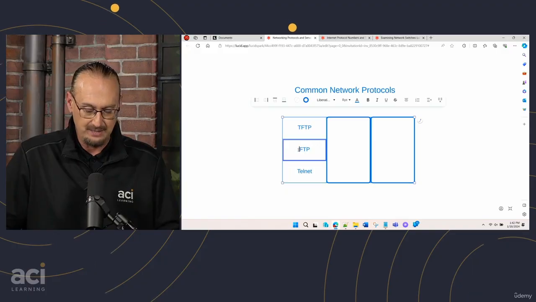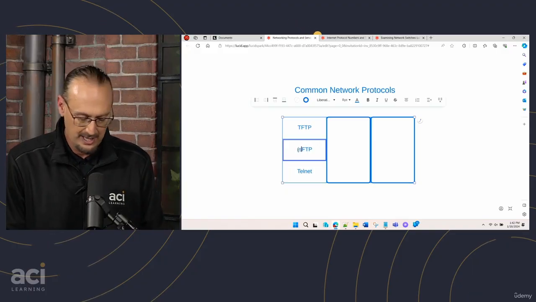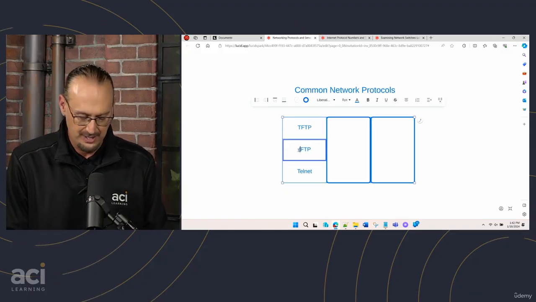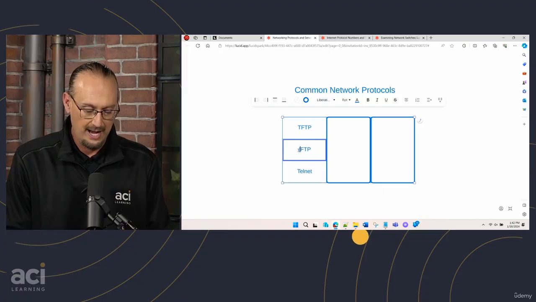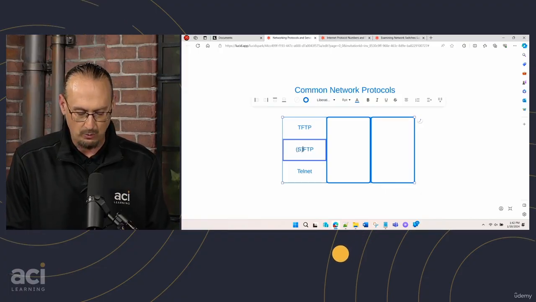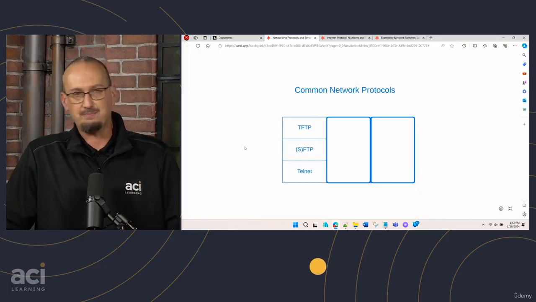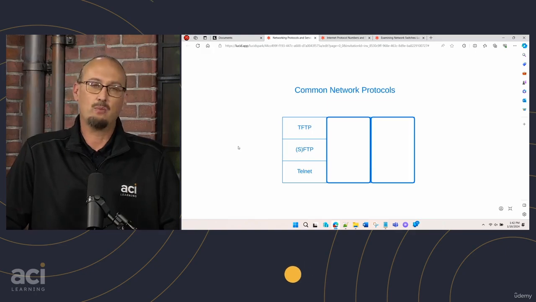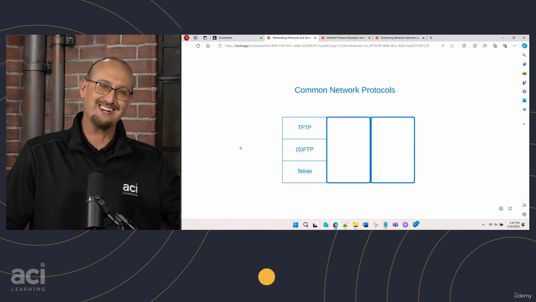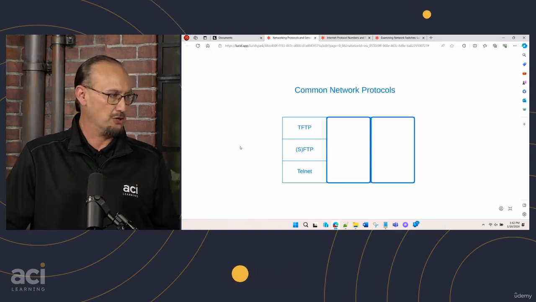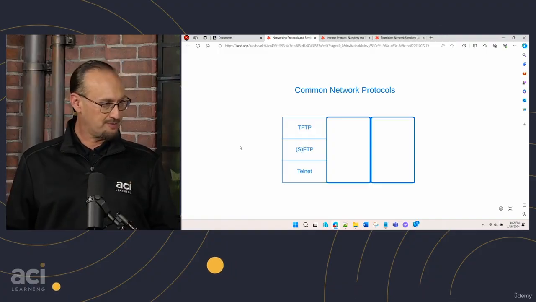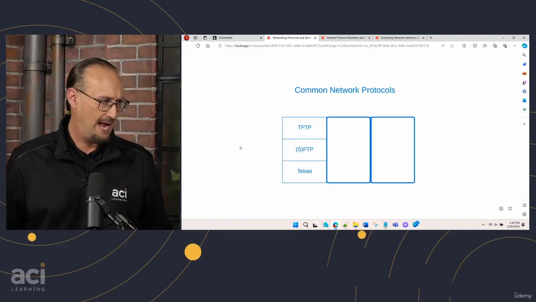That's exactly right. What I did to make this a little bit easier, you're going to see that some of these can have an S behind them. In fact, I say that, and I didn't put it in this one, so let me keep myself honest right here on camera. Remember that some of these will have an S before or behind them. I shortened the list by saying, hey, that's the secure version. Usually what it means is that whatever the protocol is providing, it's an encrypted version of that.